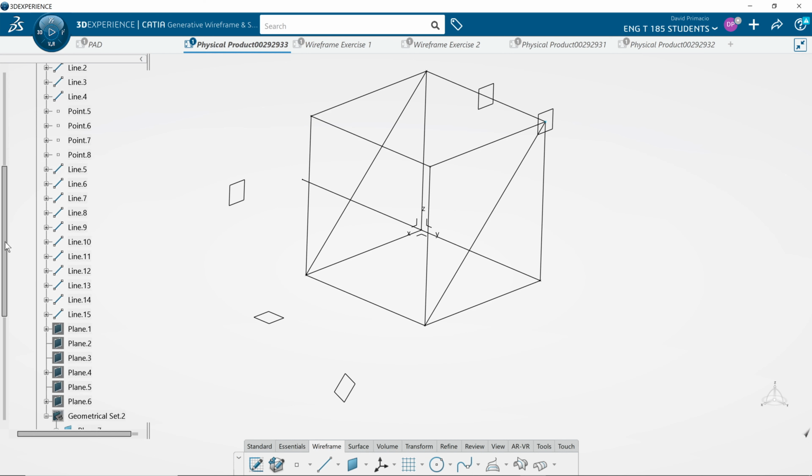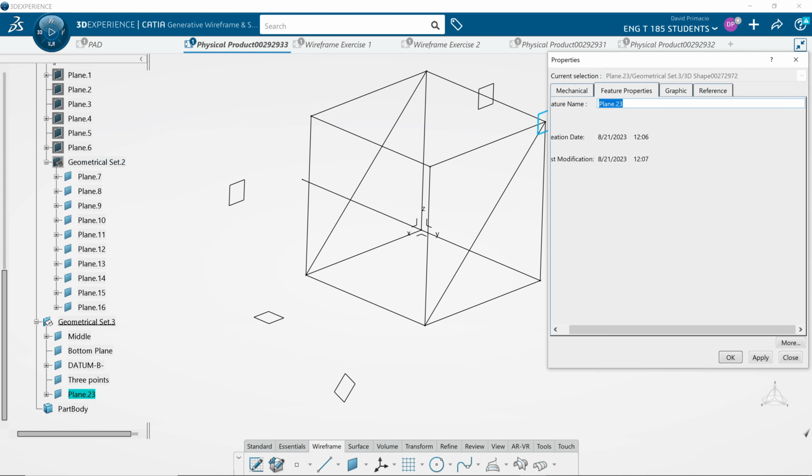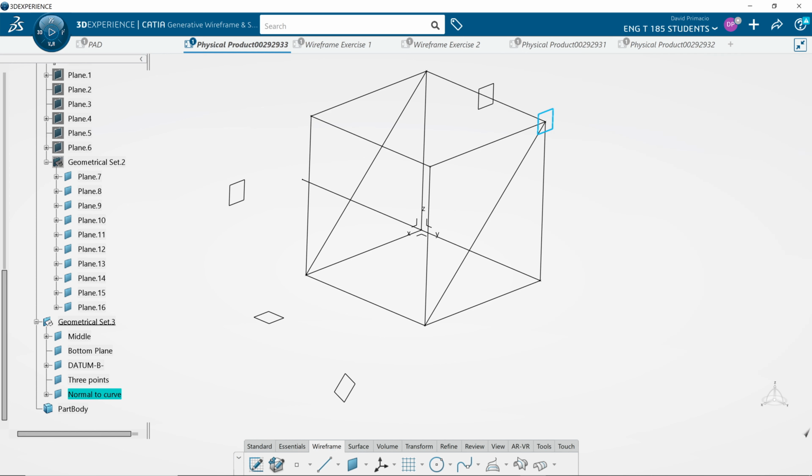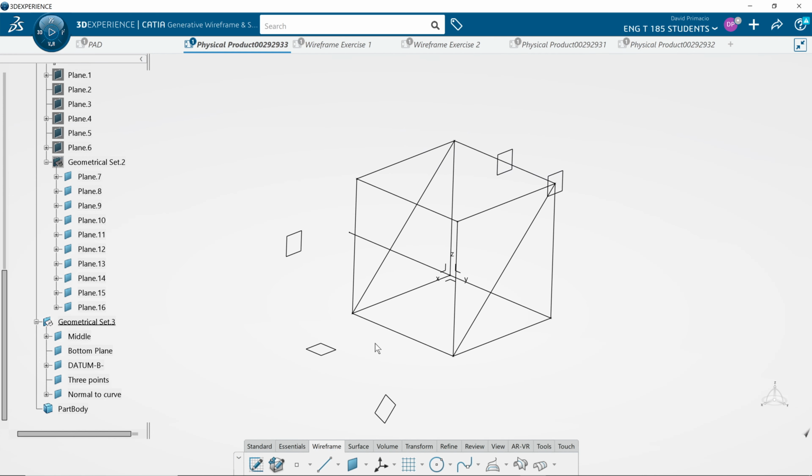and we'll go down to the bottom here. This is the new geometrical set. We're going to rename this normal to curve. Okay, so that is how you create a plane perpendicular to a curve or line, either in the middle or